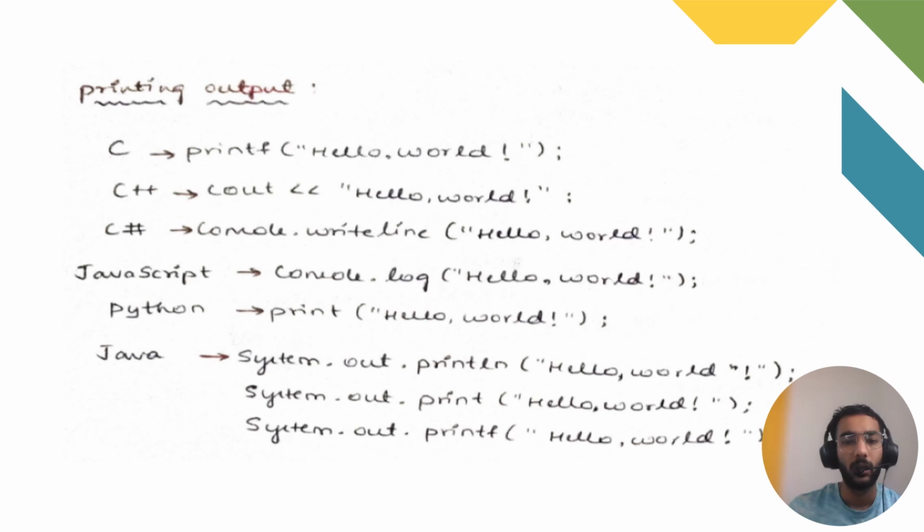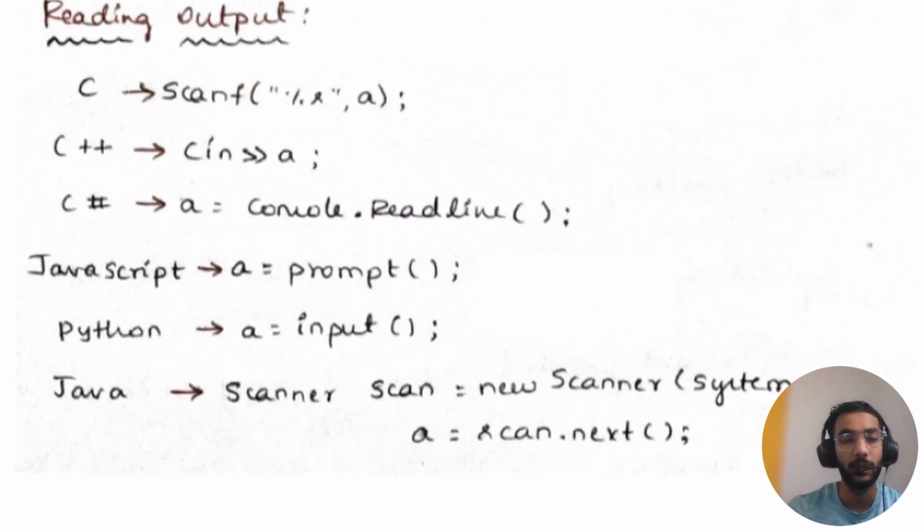System.out.println("Hello World") will print out Hello World. In further videos we will understand in detail the differences between these three print statements: System.out.print, System.out.println, and System.out.printf. Now, in reading, you can watch